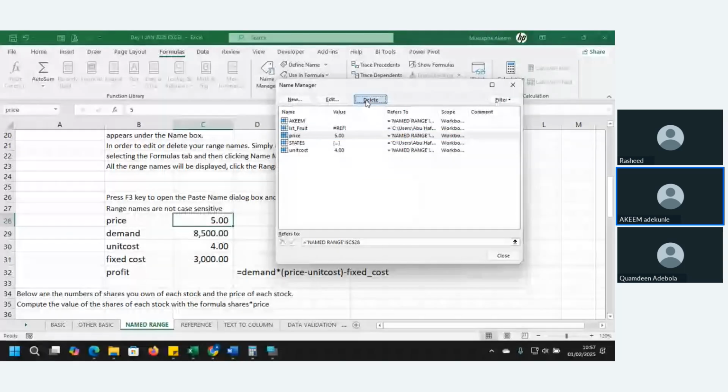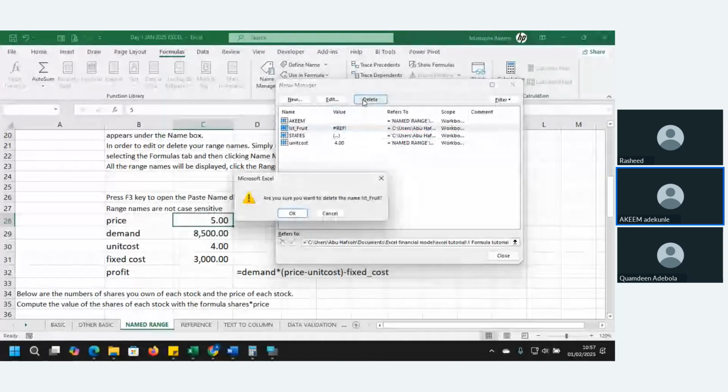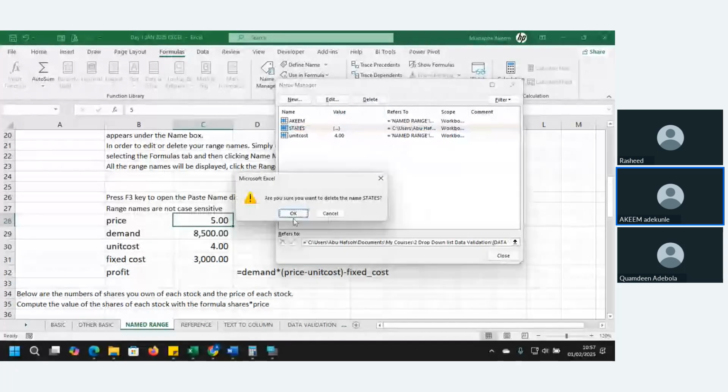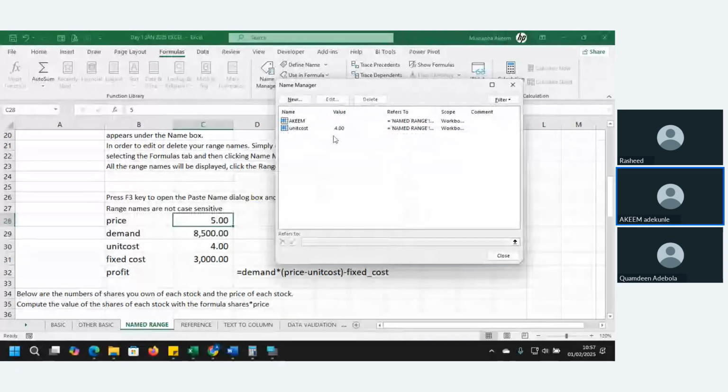Delete. Delete. Delete. And delete. So now this is the one we just created. I can close this now. That is called Name Manager.